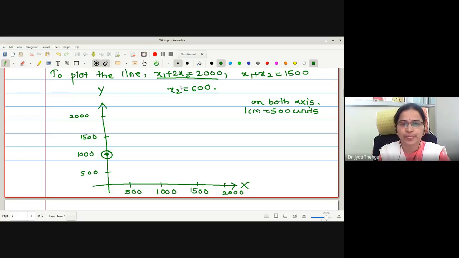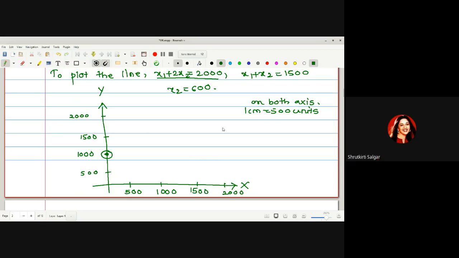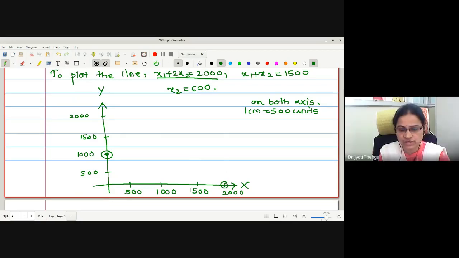Now let us do a reverse process. Let me keep x2 0. If I am keeping x2 0, what is the value of x1? It's 2000. Therefore, here this is the line. Now it is more difficult for me to draw the straight line because I am drawing on a pen tablet. Therefore, just bear with me. If you draw on your graph pages, now it is more difficult for me to do this on a pen tablet.